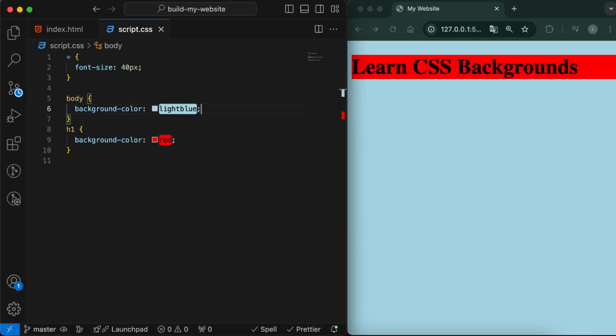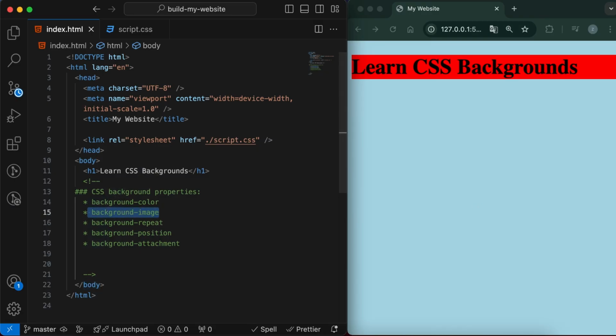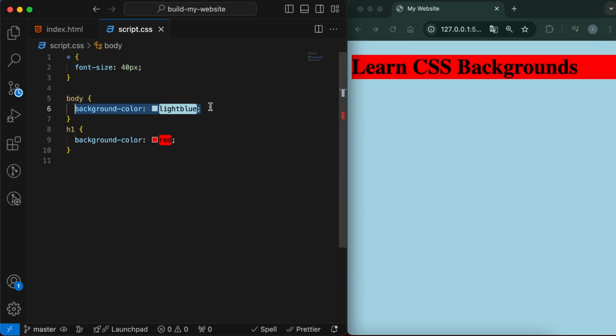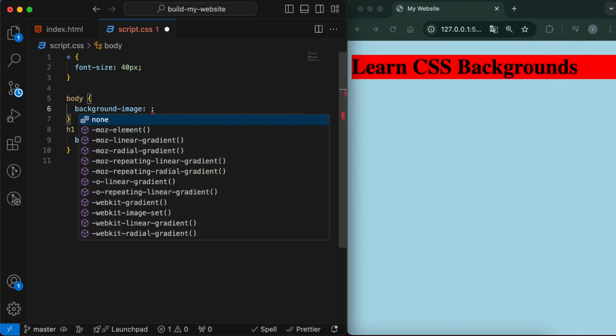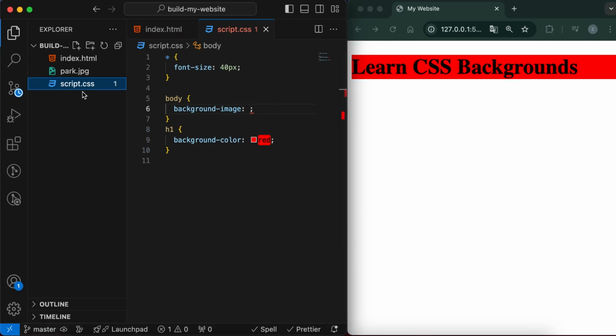Now, let's dive into the second property, which is the background image. This one specifies an image to use as the background of an element. By default, the image is repeated, so it covers the entire element. So let's specify it in our body here. And instead of background color, let's do background image. And here we want to add the value as a URL. Between the parentheses, we can specify whatever image we want from the internet, or